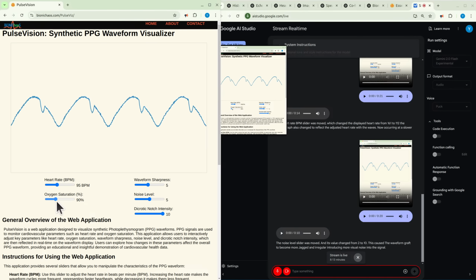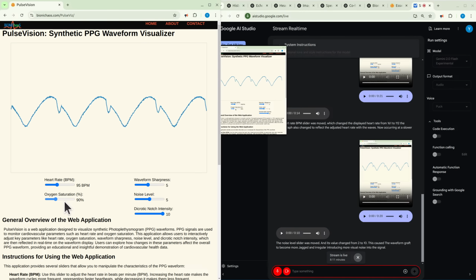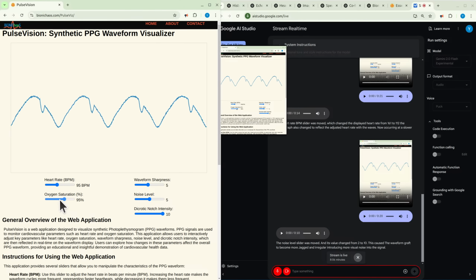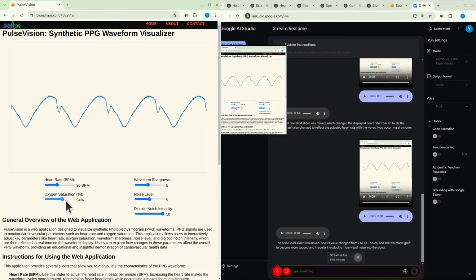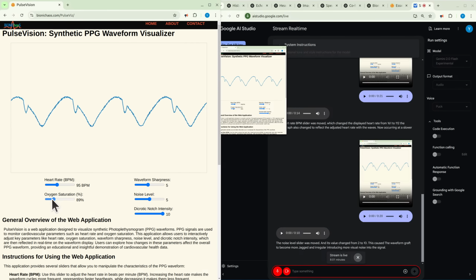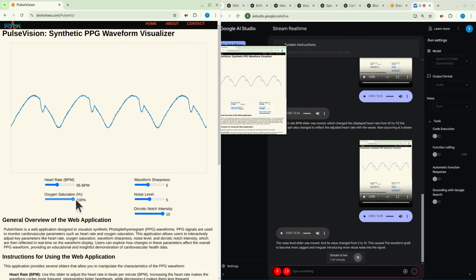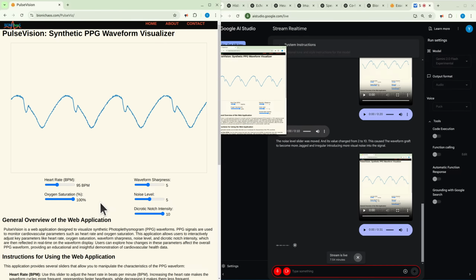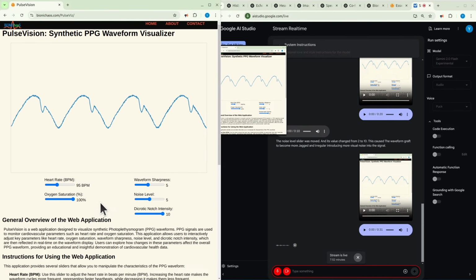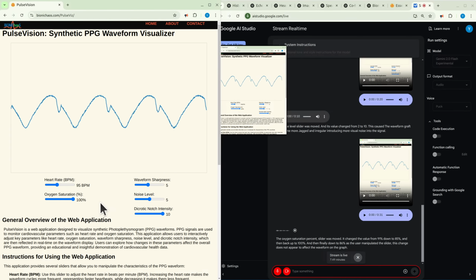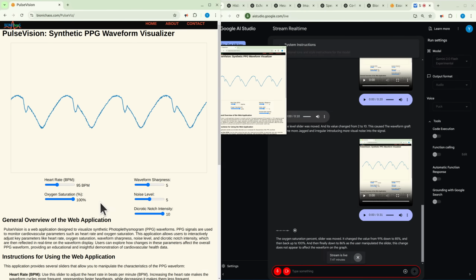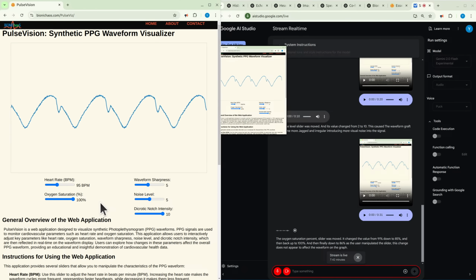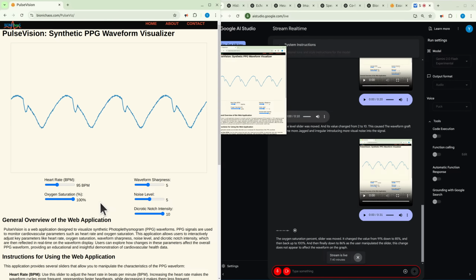Okay, how about the oxygen saturation? Is it behaving correctly, or is anything else meant to be changing on the signal as I move the oxygen saturation percentage up and down? The oxygen saturation percent slider was moved. It changed the value from 91% down to 85%, and then back up to 100%, and then finally down to 86% as the user manipulated the slider. This change does not appear to affect the waveform on the graph.